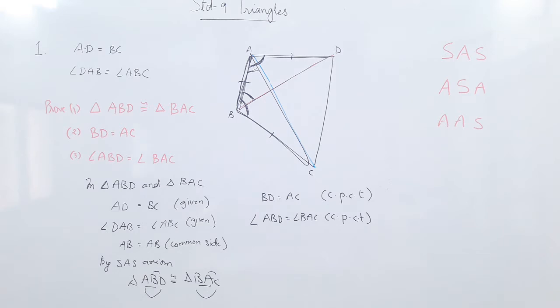So this is something like the converse. For congruency, we first showed if the corresponding sides and the corresponding angles of two triangles are congruent, then the triangles are congruent. And the converse is, if the triangles are congruent, then the corresponding sides and the corresponding angles are also congruent. In other words, if two triangles are congruent, their corresponding parts are also congruent. So we made use of that to prove the second sum. Okay. Now let us move on to the third.